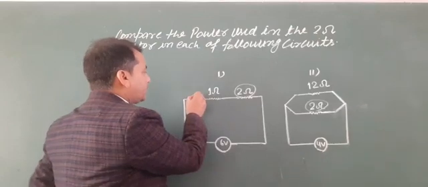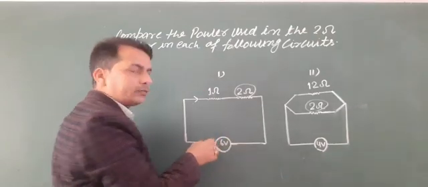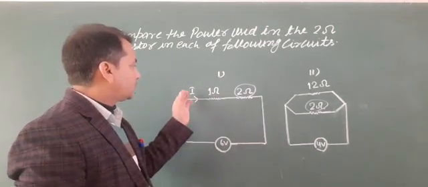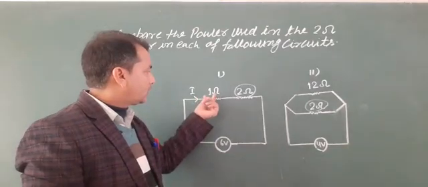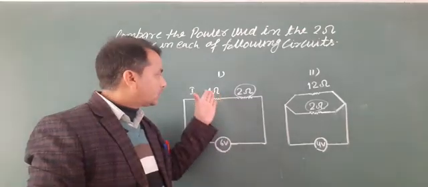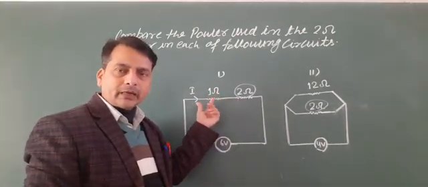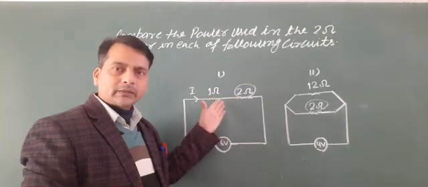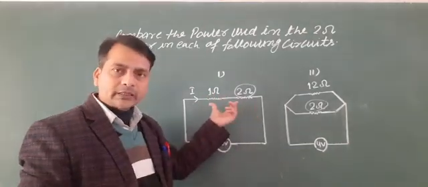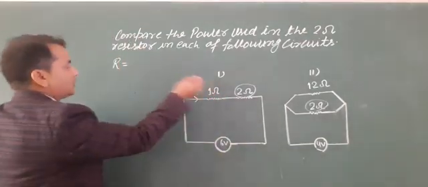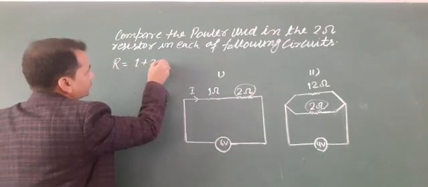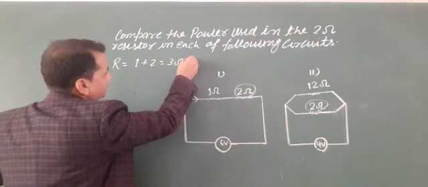Suppose the electric current flowing in this circuit is I, so the current will be the same in each resistor. The effective resistance is the sum of all individual resistors. Two resistors are used, 1 ohm and 2 ohm, so effective resistance is 1 plus 2,